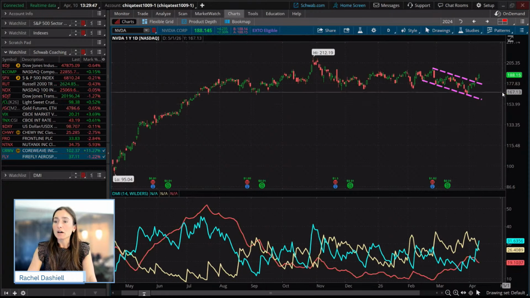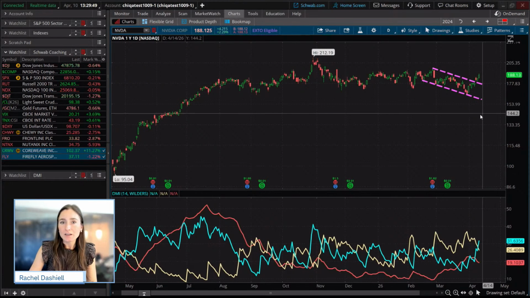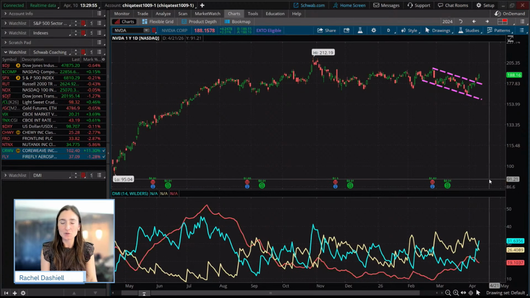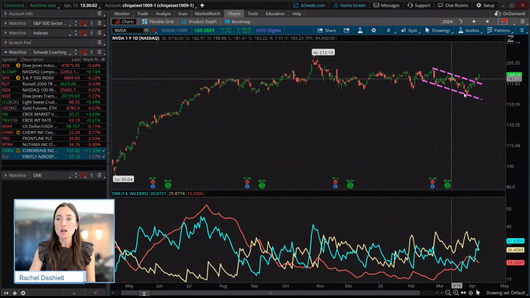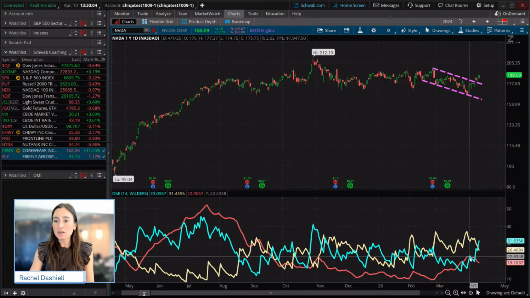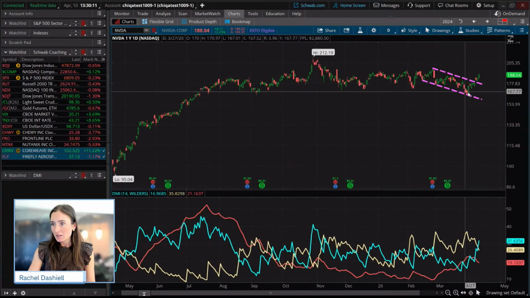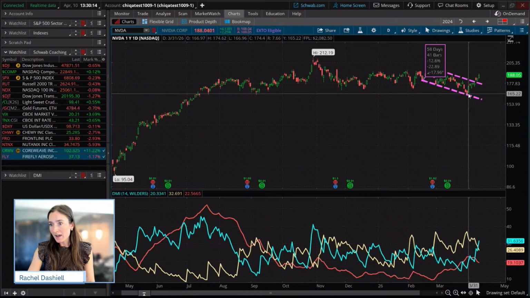And then the fifth thing is we're going to look for those ADX peaks and troughs, which we kind of just did a little bit there. But the ADX peaks, like we said before, often signal a peak or a trough in prices. So essentially, right when we hit that peak, if we just put our cursor right on that, that is where we hit a trough or a low in the price there. So that is essentially